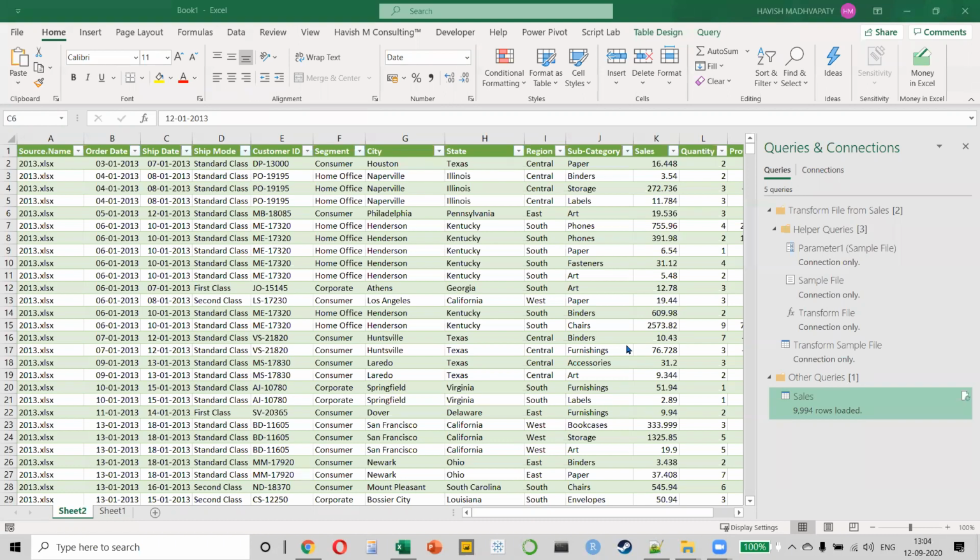For example, if I'm downloading some data from SAP, and if it is coming as a CSV format, it will come as a CSV format every time. If it is coming as a JSON format, it will come as a JSON format every time. It will never happen that one time it is JSON and the other time it is Excel, because the architecture would be different. One might be a flat file, one might be a tabular file. So it is never recommended to have files of different types.